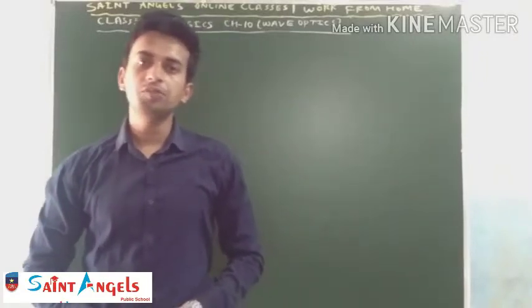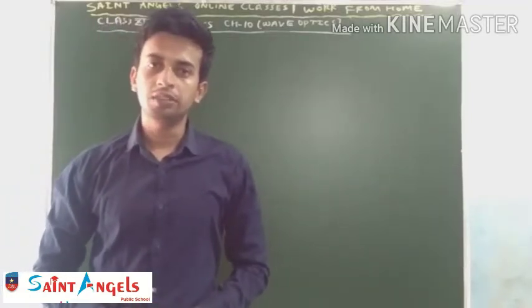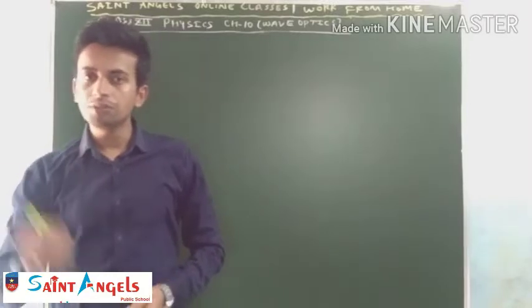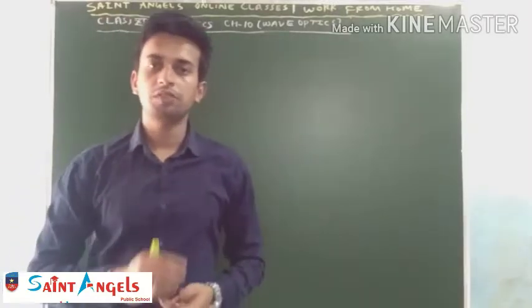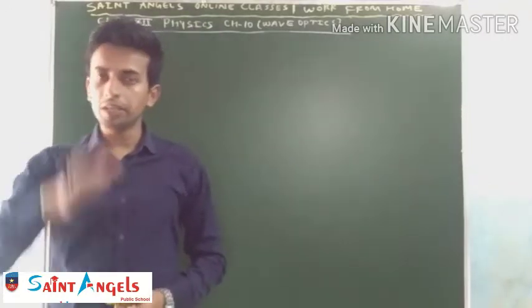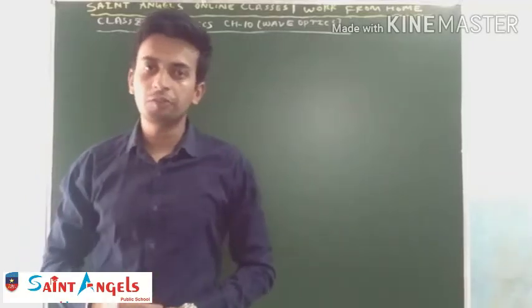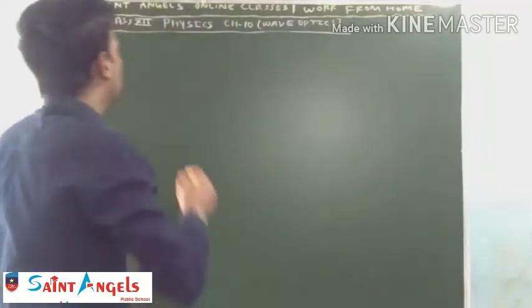Student, in the previous video we discussed Huygens principle of secondary wavelets to determine the new location of a wavefront if the previous one is given. In this video we discuss what happens when a plane wavefront is incident on any reflecting or refracting surface. So firstly, let us start to discuss